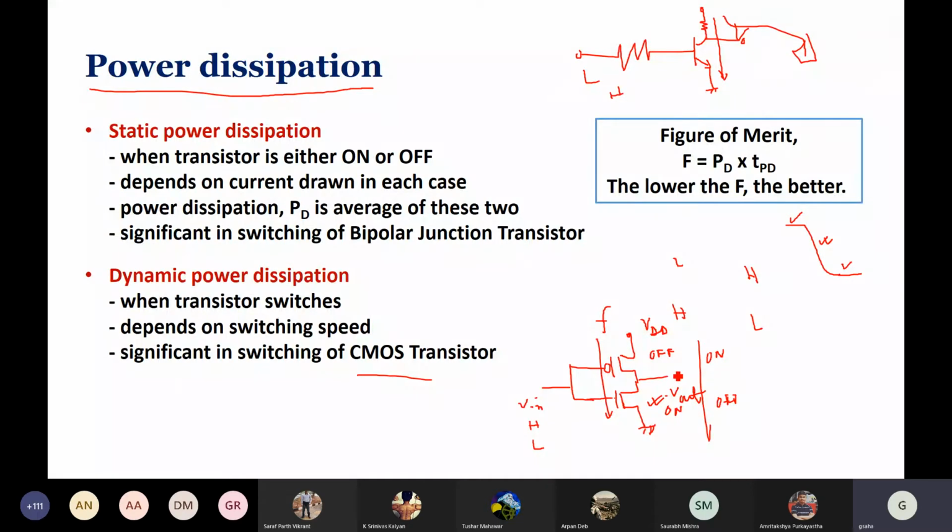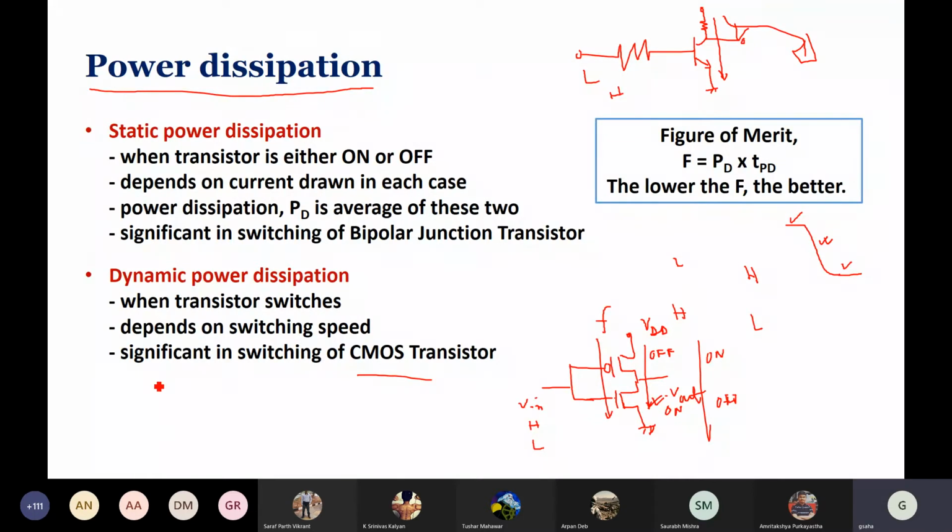So that way, when it is high or low, this load current, etc., doesn't come into the picture or into consideration. Then the power dissipation comes when it is moving, when the PMOS is becoming on and the NMOS is becoming off. During the switching process, momentarily both of them become on, and then there is a current flow, only during switching, and the other way around, right? So that is what is being mentioned here. You get my point?